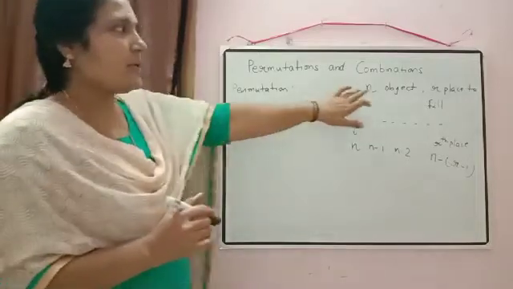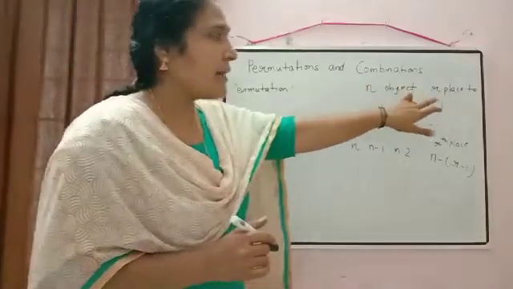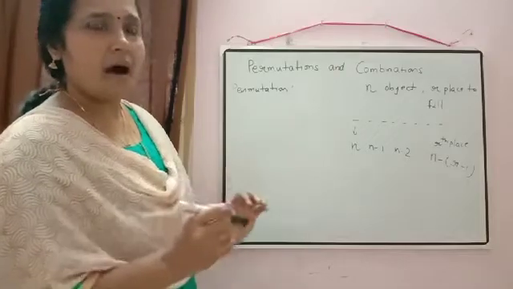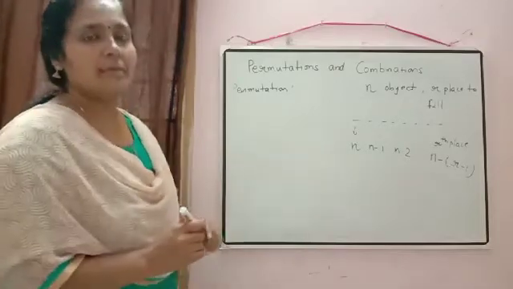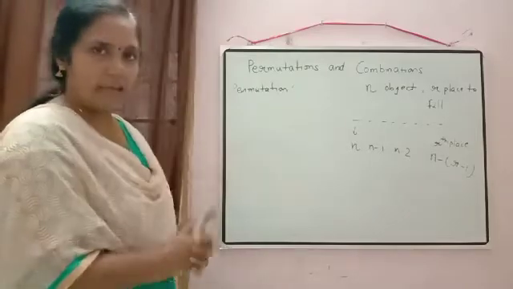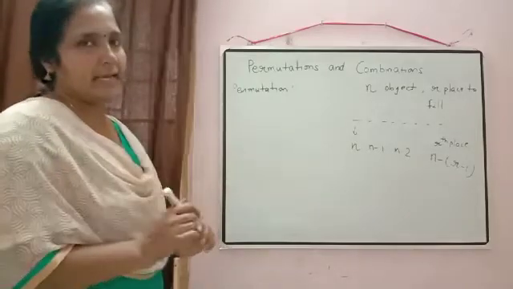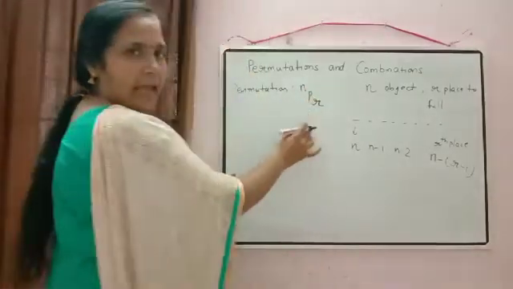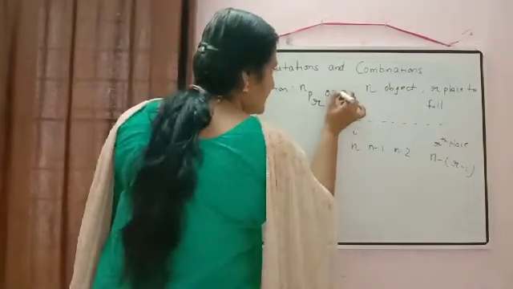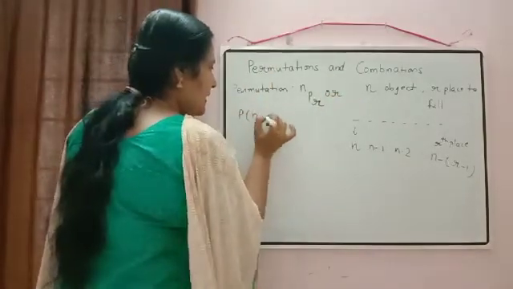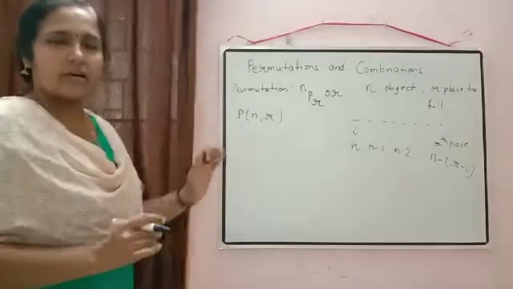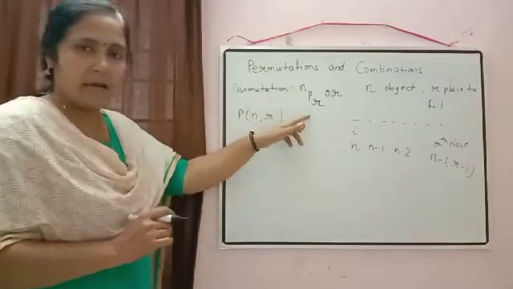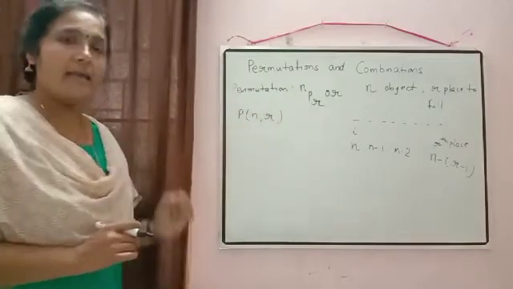Permutation of n objects taken r at a time is denoted by this symbol, nPr, or in some books it can be written in this way also, P(n, r). Permutation of n objects taken r at a time is denoted by nPr or P(n, r) and is given by